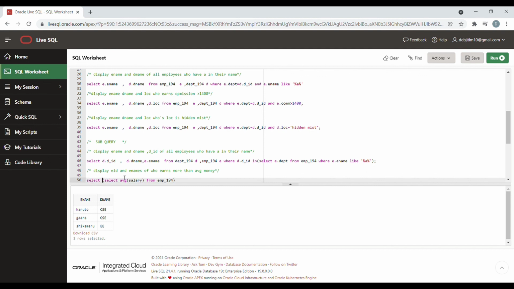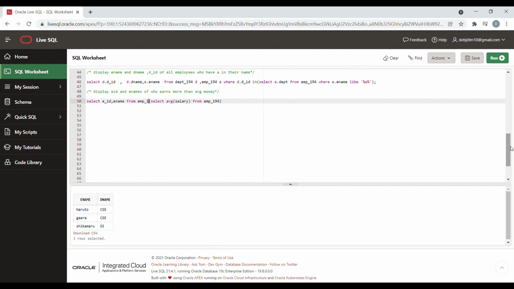Okay, so I will write select employee ID, names from the employee table, and in the where clause I will write where salary greater than and then the subquery. So where the salary is greater than the average salary, which we are getting from the subquery here. It should also show the salary of every result we get, so we can easily check that the salaries we are getting are actually greater than our average salary. So I will run it and see.